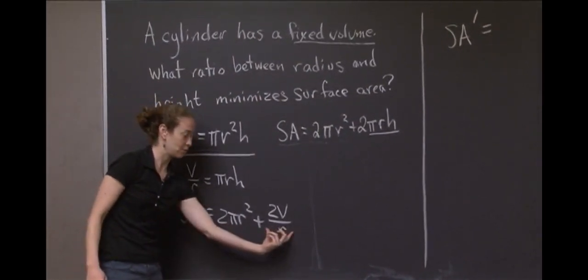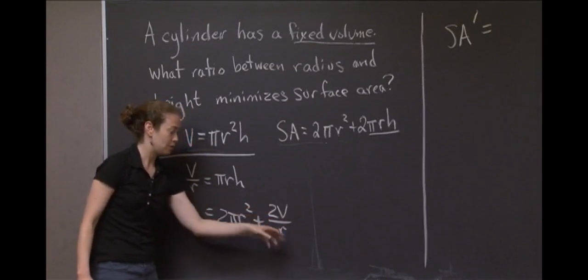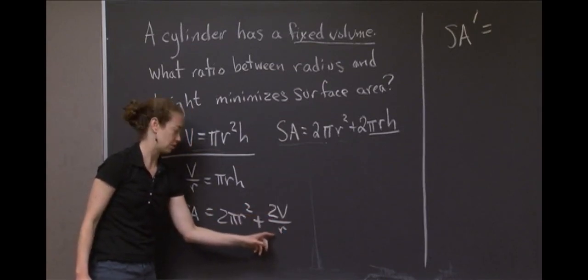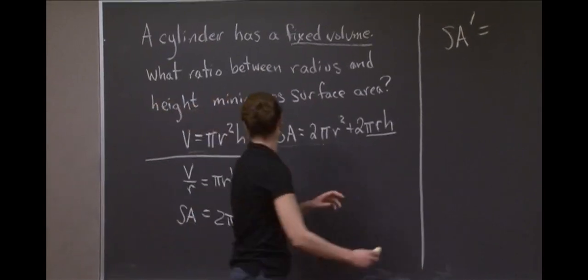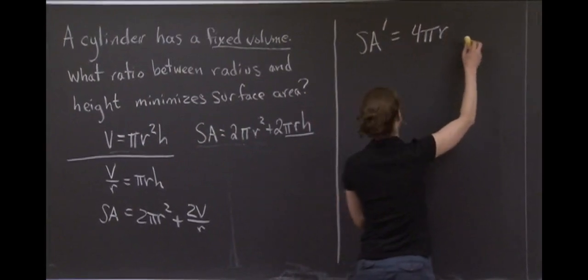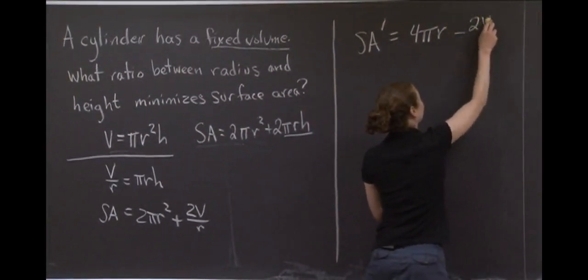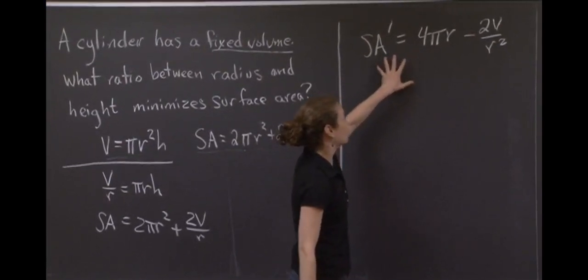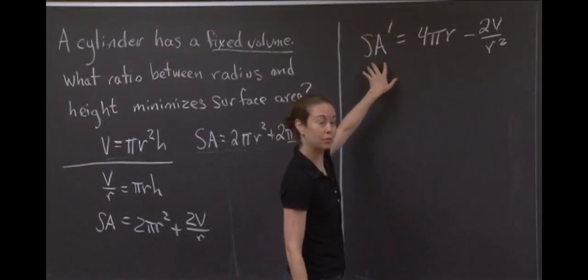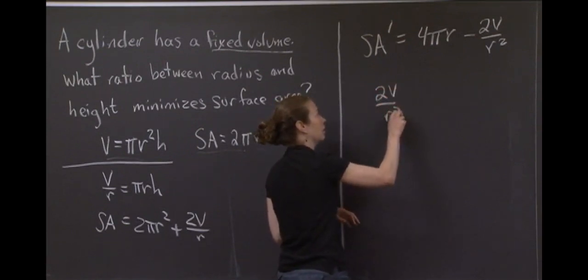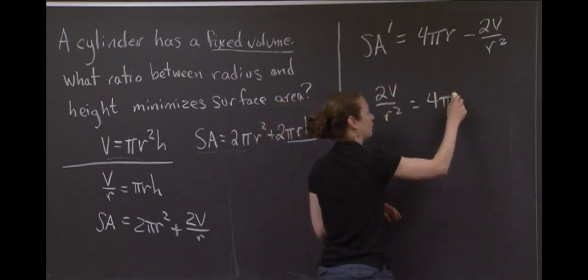And this derivative with respect to r, I'm going to keep the 2v, and the denominator, 1 over r, its derivative is negative 1 over r squared. So I'm going to have 4 pi r for the first term, and then minus 2v over r squared. If I set the derivative equal to 0 and solve, I get 2v over r squared is equal to 4 pi r, which is the same as,